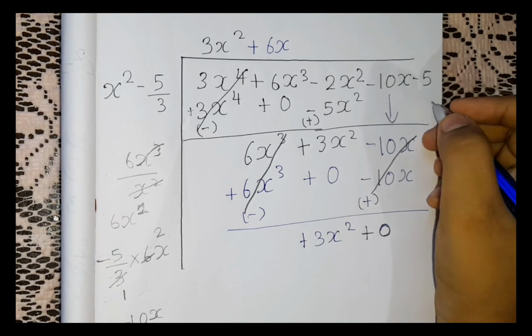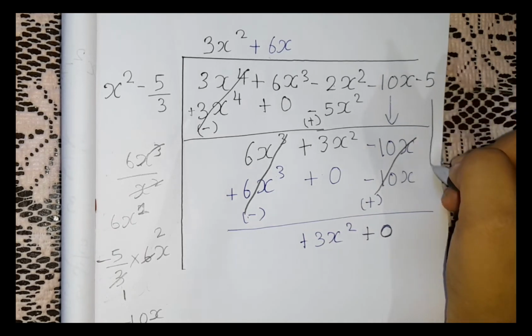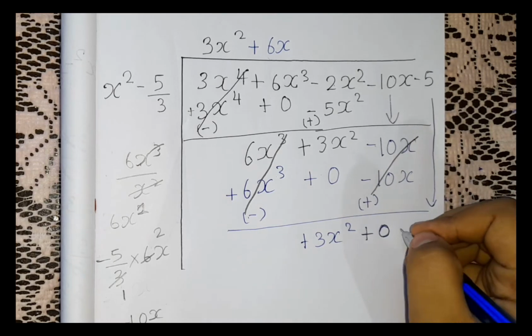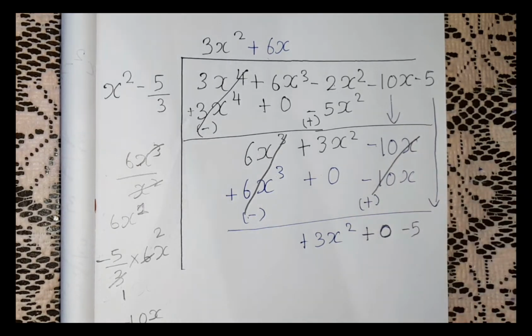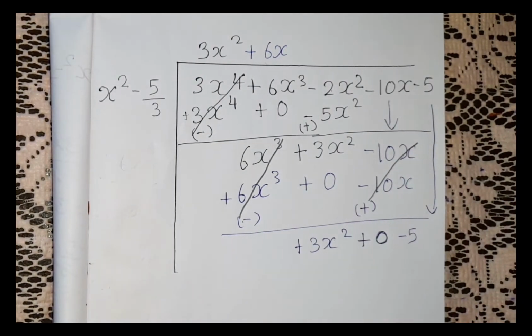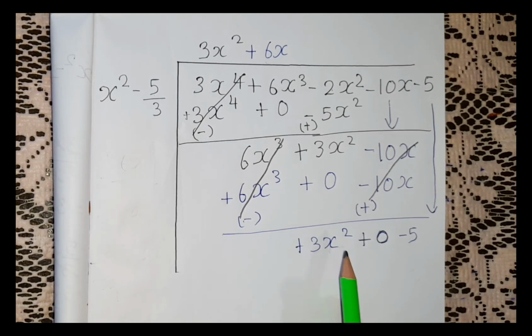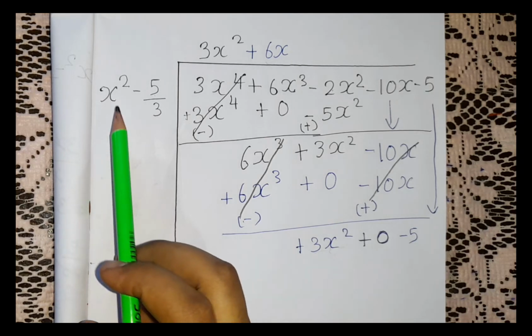Okay, now let me take this minus 5 as it is down right over here. So it is minus 5, okay, remember that. As you guys know, now we got plus 3x square plus 0. So 0 is not considered, so we shall just take it plus 0 and minus 5. So here the first term is 3x square. Am I right? As you guys know, the first term is 3x square and here the first term is